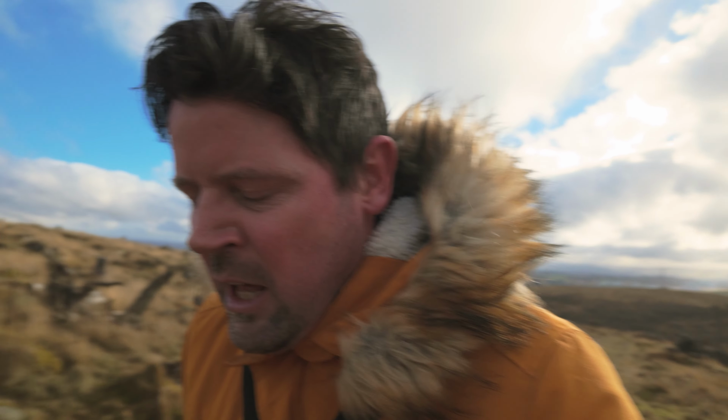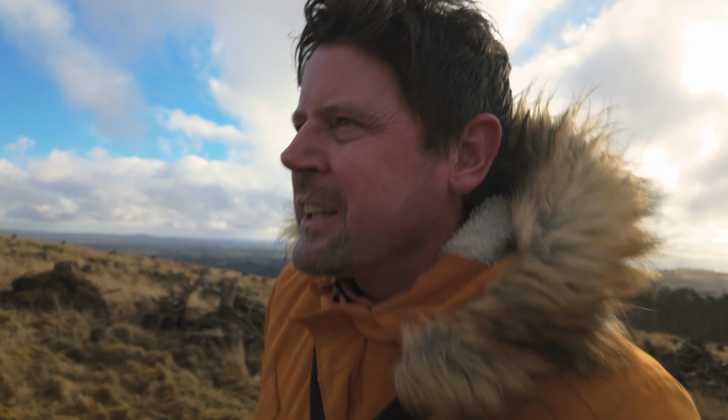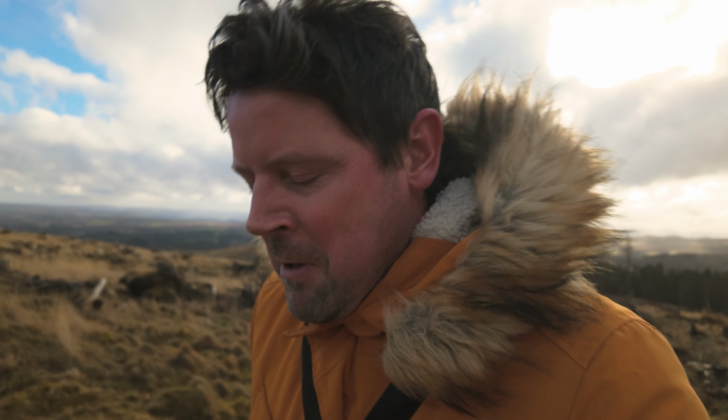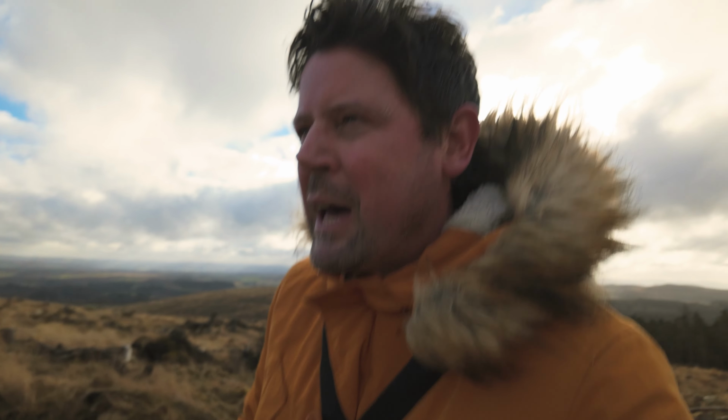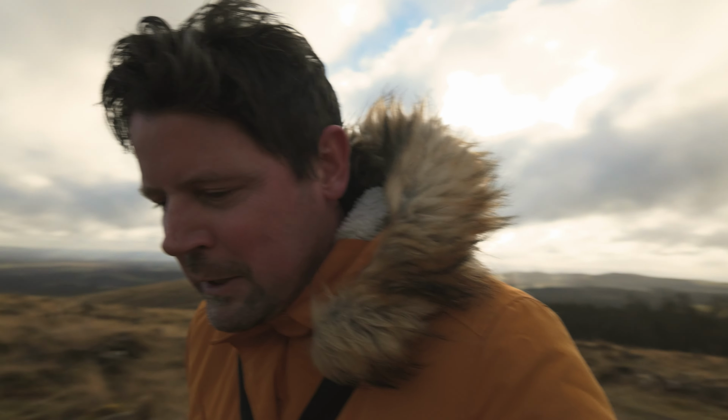But today's a very exciting adventure because I found a patch of Scotland that I've never explored before, which is quite unusual. I kind of feel like I know a lot of Scotland and most of the places, but today I found a patch. I was on Google Maps and found a patch that I've not seen before, and there's lots of interesting things. There's monuments and an old church, there's a nature reserve,